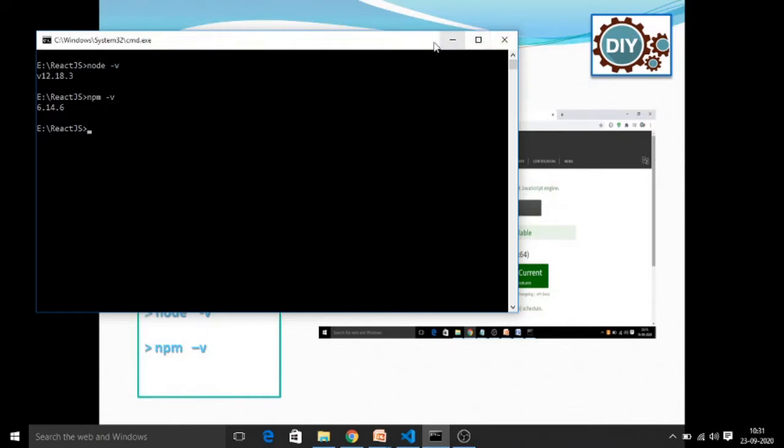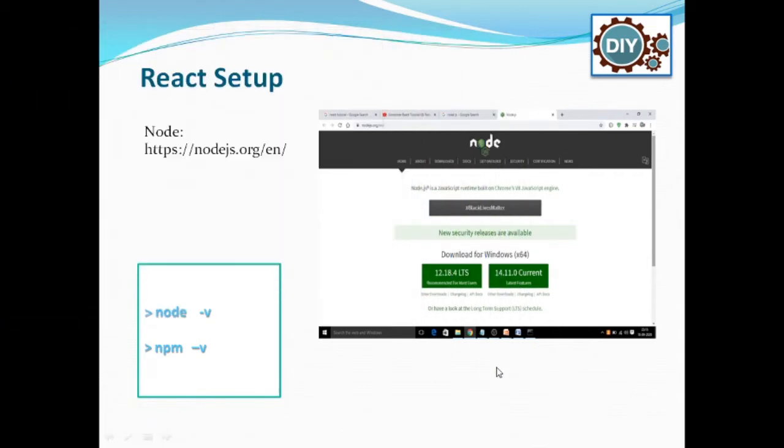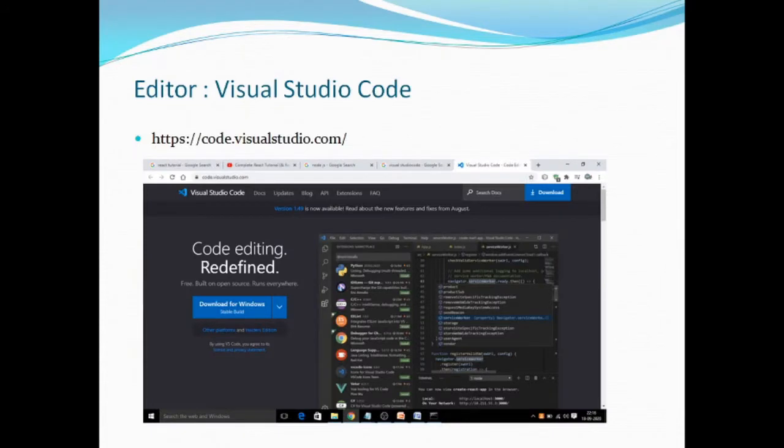right? So now let us see what is a good practice for developing React applications. Definitely we have to go with the predefined IDE tools rather than working with plain editors like Notepad++. Instead of that, we will go with the standard IDE tools. So preferably we will be using Visual Studio Code to develop React applications. Even for Angular we can use the same IDE tool.